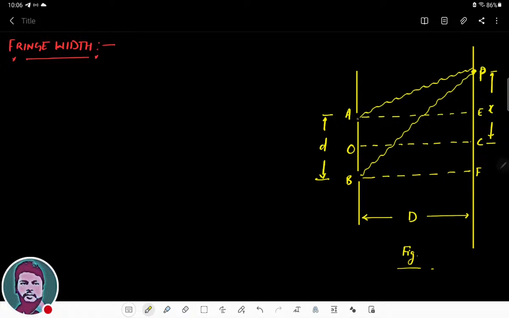Let us suppose that there are two slits A and B and the light crosses over these slits, and the points A and B work as fresh sources of light, so they create their own